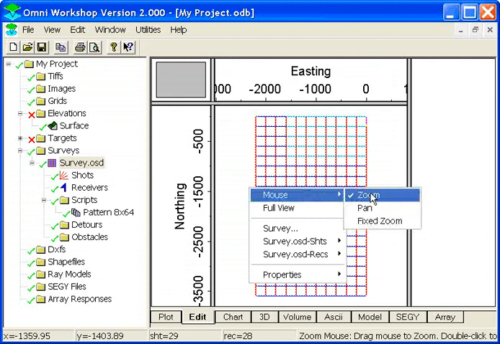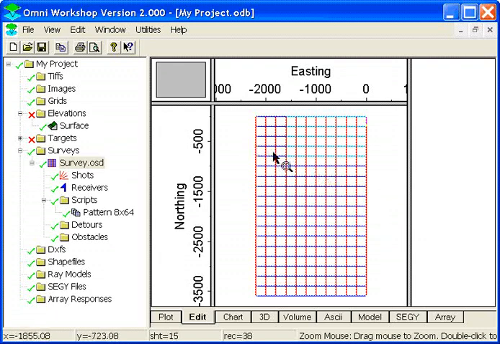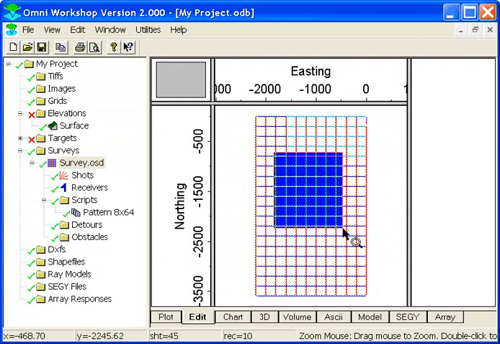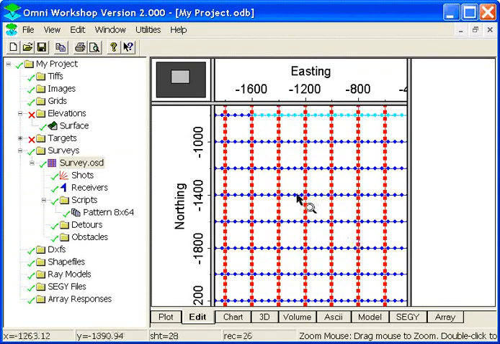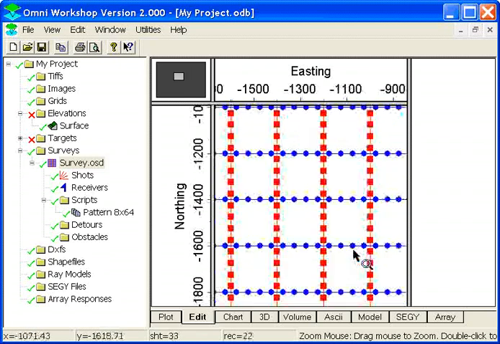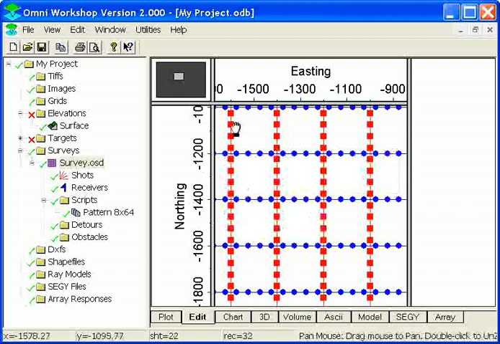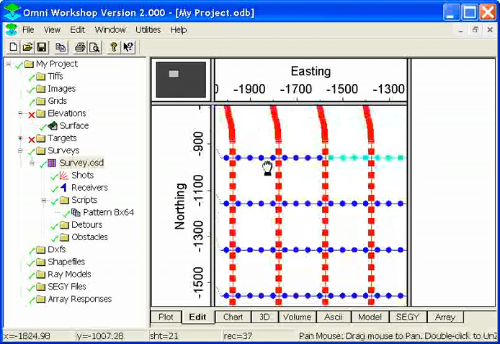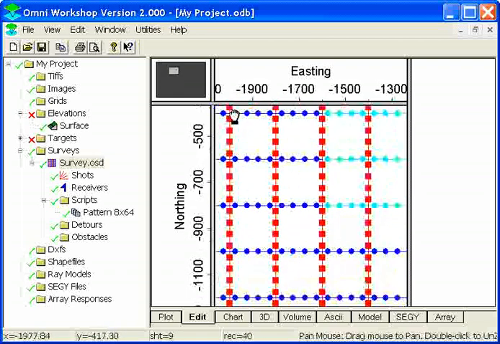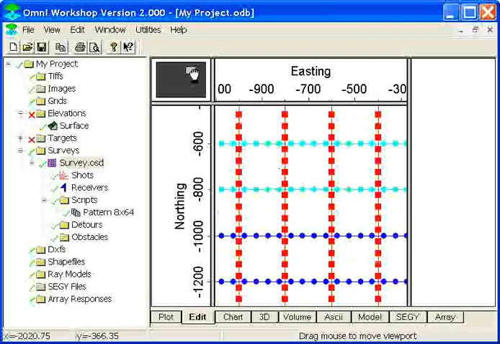mouse mode. Now we're in a zoom mode. If we drag out an area by depressing the mouse and releasing, we can zoom in. As you see in the thumbnail here, this is the viewable area and this is the overall area. Now we can go into a pan mode and we can drag this through here. We can also use the thumb to move it around